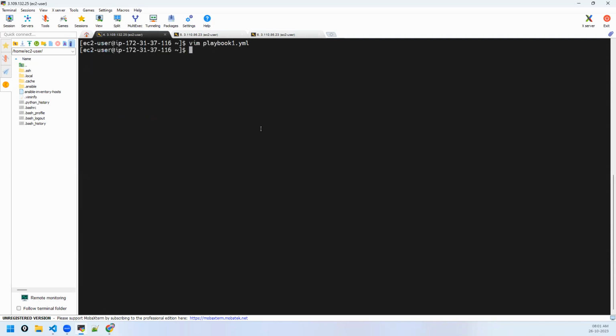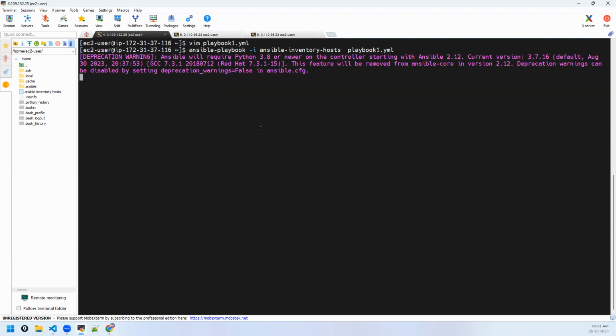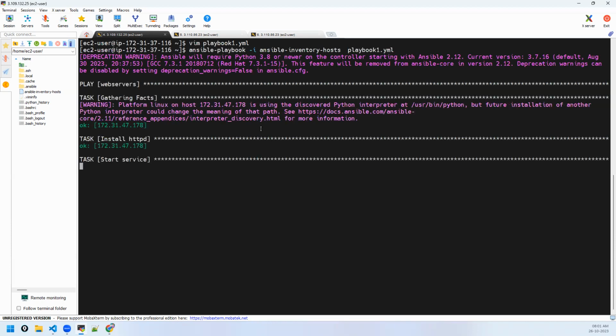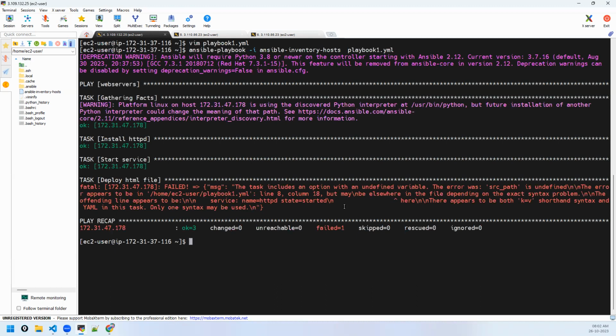Okay. So now how do you call it? Let's suppose you call this, it will ask for the variables. It is erroring out. So you have to pass them with a -e, which means extra arguments or extra parameters, as src path